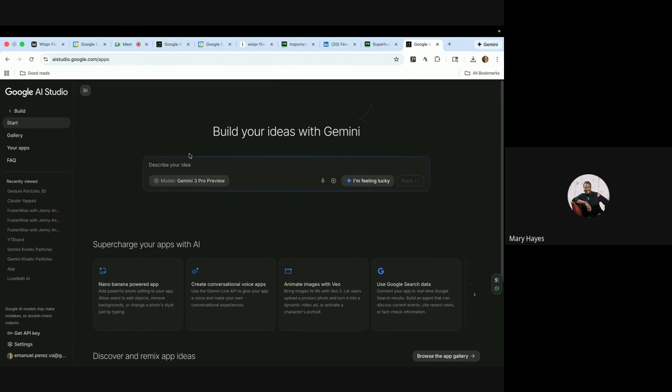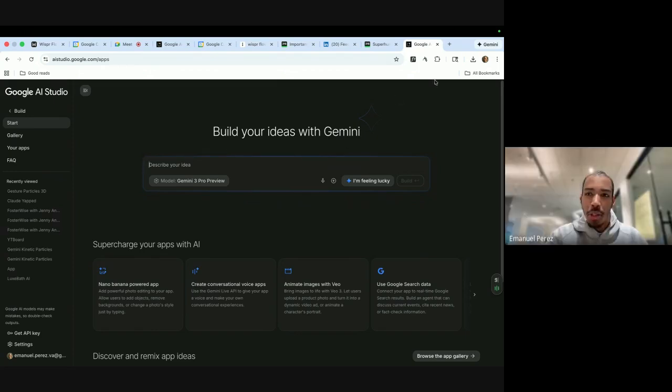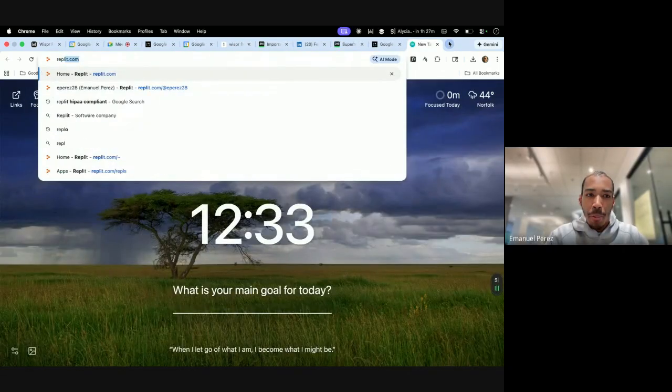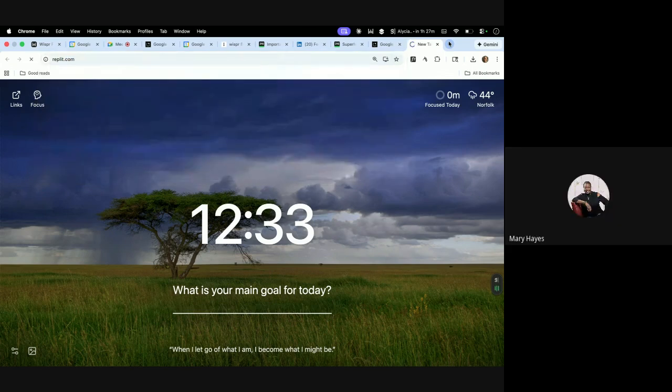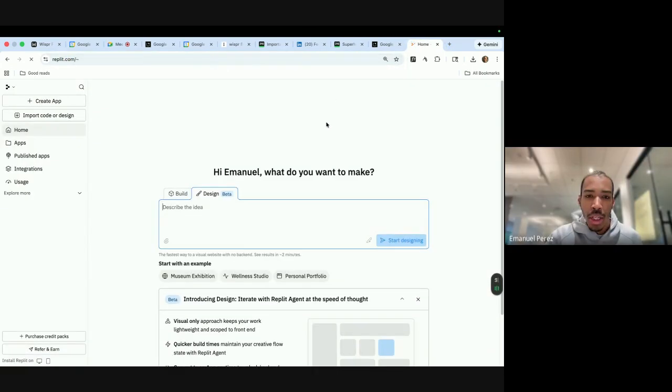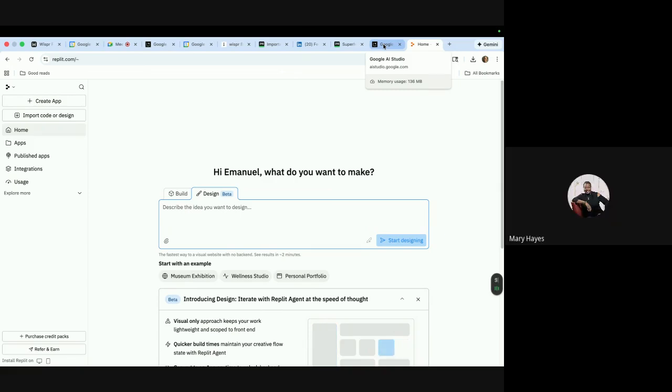Which one is that you said? Replit. Yeah, Replit, that's going to be replit.com. Okay. And I use this as well to build apps for myself and for my clients, so I can definitely vouch for them. Okay, I'll have to check that out.